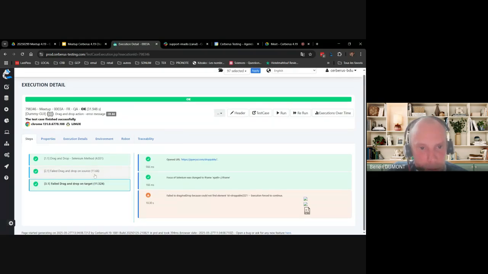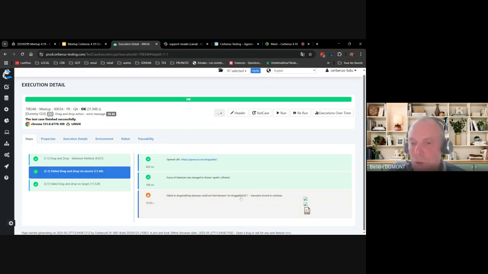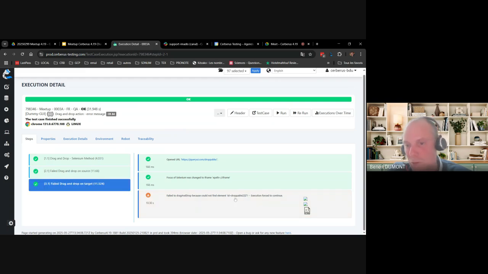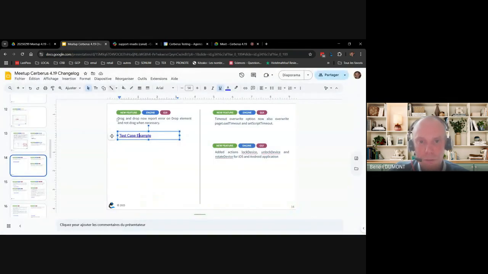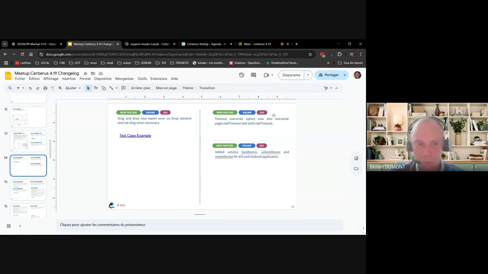So again, one execution to illustrate that. On that step, I'm making a drag and drop where the first field does not exist. I see here it's a draggable that has not been found by Cerberus, and the second one is really the droppable that has not been found but has been reported. That avoids some potential headache, and it makes it a lot easier for the user to understand which of the XPath was not correct when entering the action.